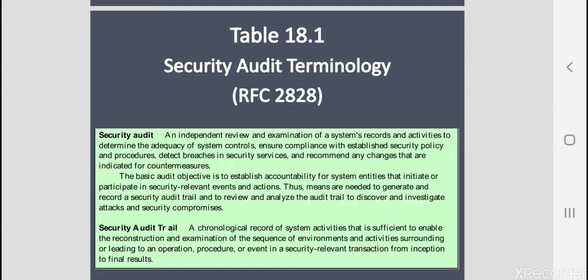It is the record that is recording and storing, on a specific database or software, all the events of the system. We usually need it at a later stage to conduct a security audit, which is the top one, the security audit, which is an independent review. So it is a review process. Auditing is like reviewing, examining the audit logs of the system and records of the events and activities,